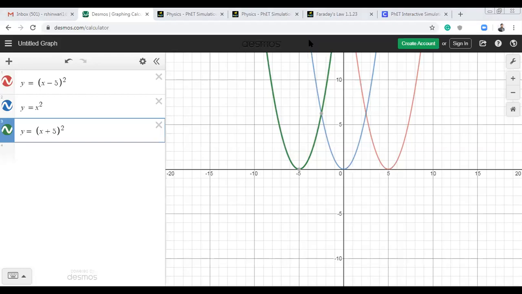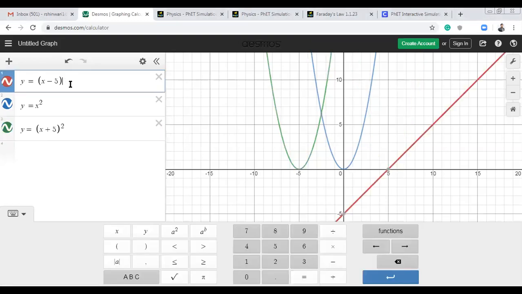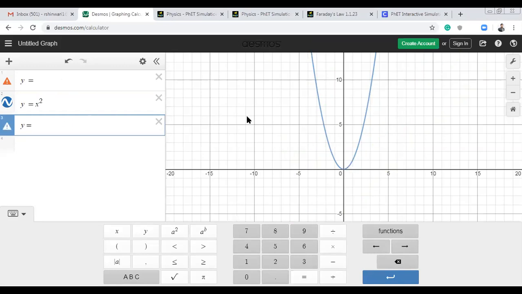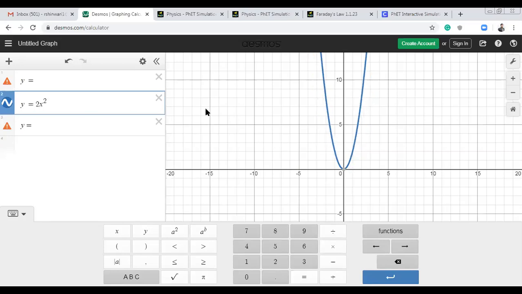Okay, next thing is shrinking the graph and stretching the graph. How can you shrink and how can you stretch a graph? The original function is given, y is equal to x square. When you multiply a number with this function, what will happen? Let's suppose you multiply any number, like 2. If you multiply by 2, you can see what is happening. If you multiply with 4,